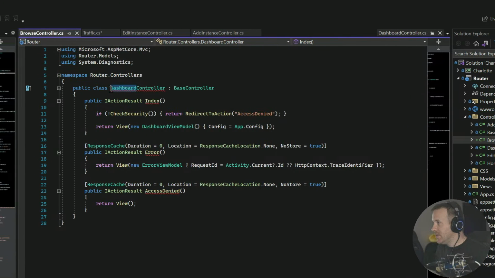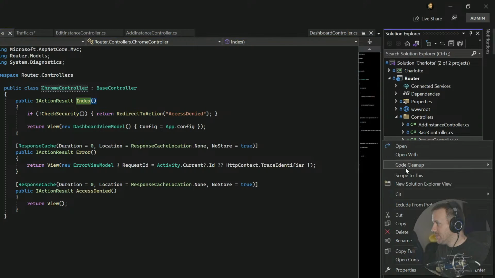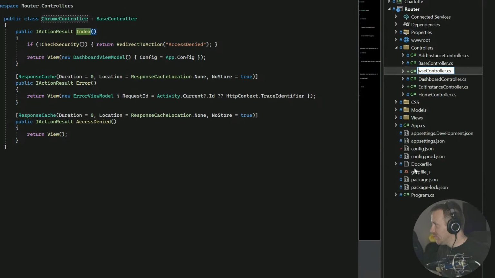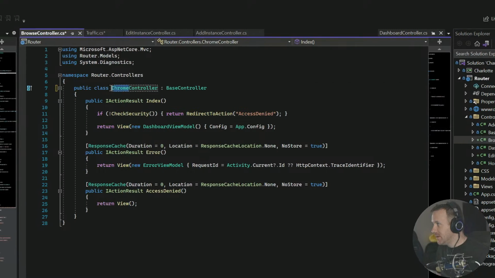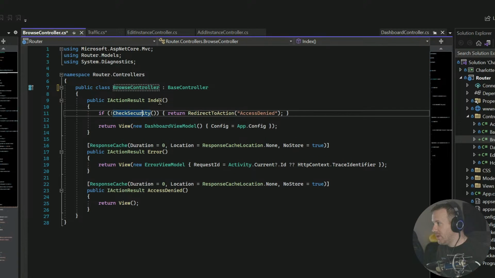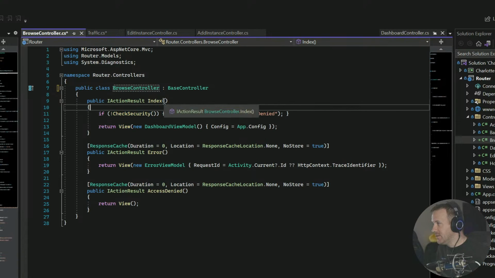Let me think here. How about let's call this Chrome. Yeah, we'll call it Chrome. Oh no, you know what? No, we're gonna call it browse. It's just /browse. We'll have one index here,